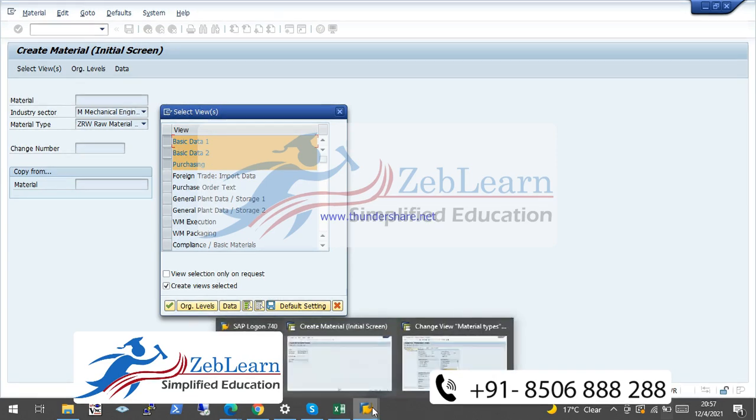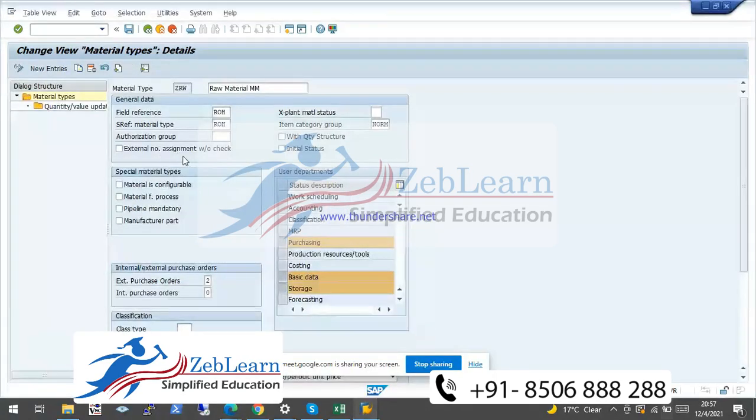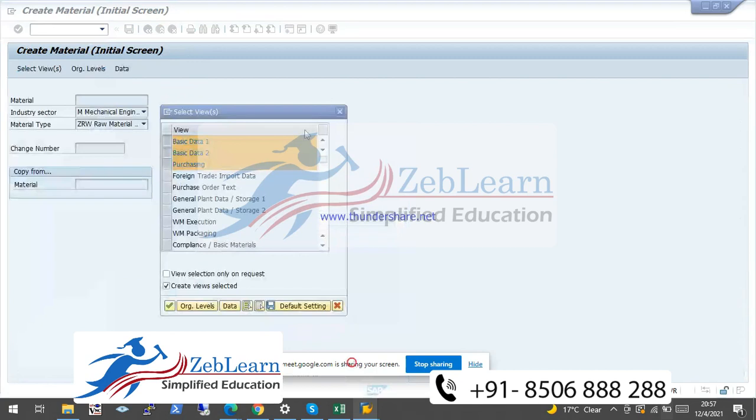Okay, next one is external number assignment without check. Okay, here this checkbox is not selected. So what is the impact of this checkbox?